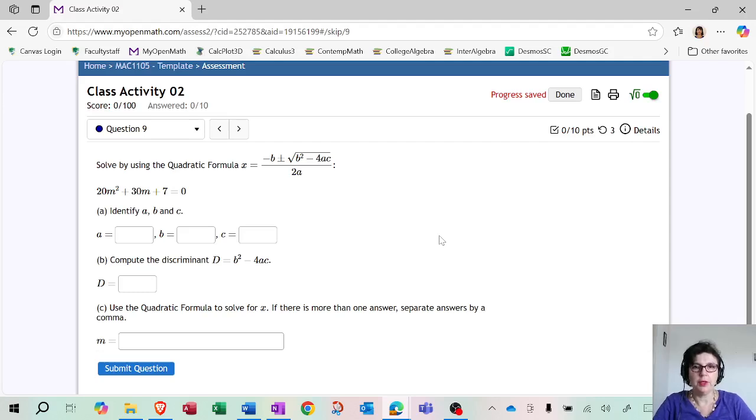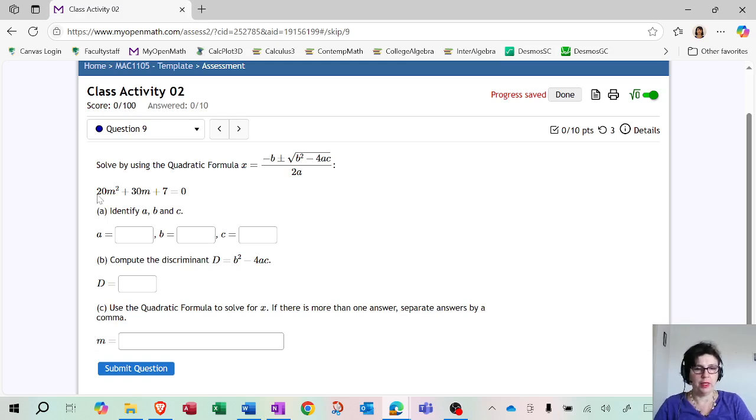Hi guys, in this video we are going to solve the equation using the quadratic formula. Now in this case we have all of the variables and the number on the left hand side and 0 on the right hand side. Just remember that you cannot start solving a quadratic equation by using the quadratic formula if you have any non-zero terms on the right. So everything should be moved to the left, which it is in this case.